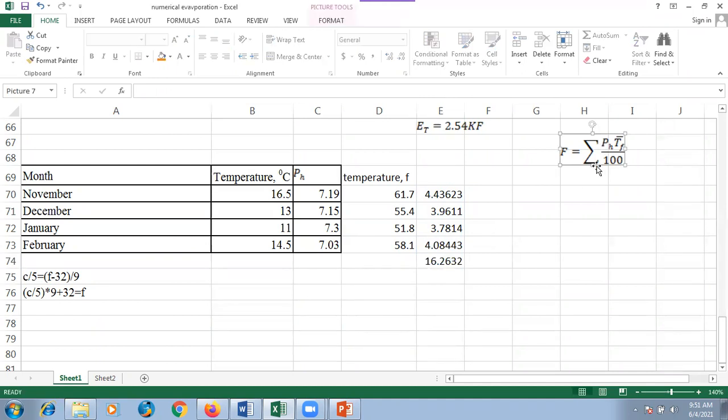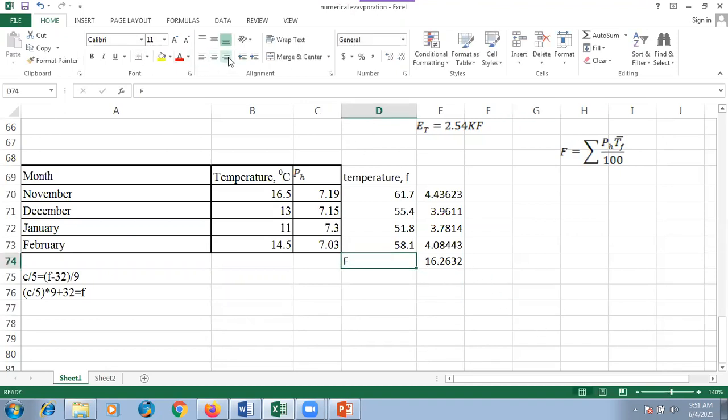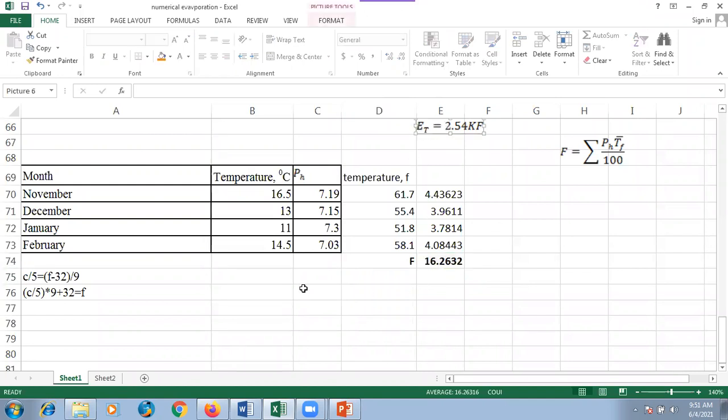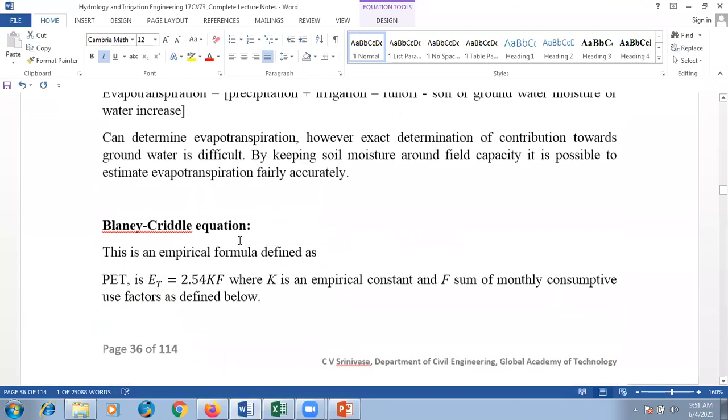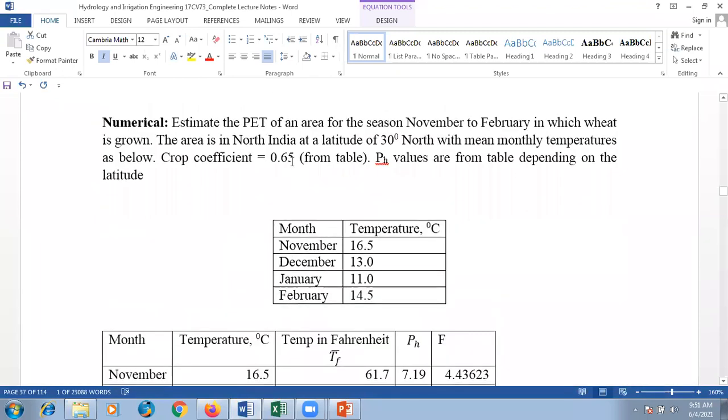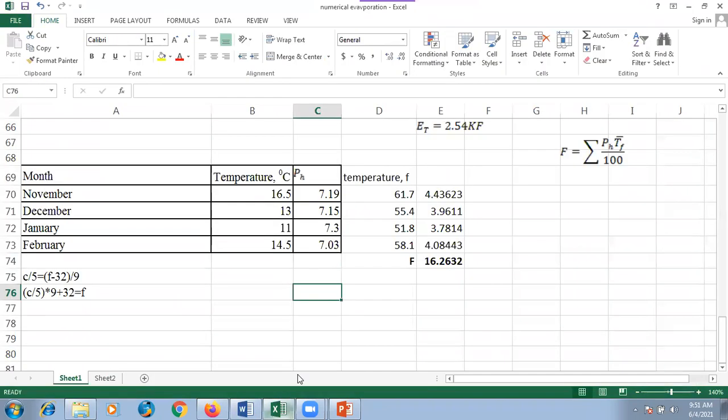So whatever F you have is represented here. This F value is 16.2632. This is the value for F. Then you have to calculate ET. ET is 2.54 kF. The K value is given in the problem statement. See here, if you look into the problem, the crop coefficient is 0.65. It is already mentioned. So the value of ET, evapotranspiration,